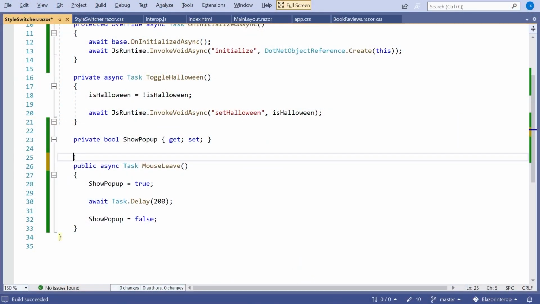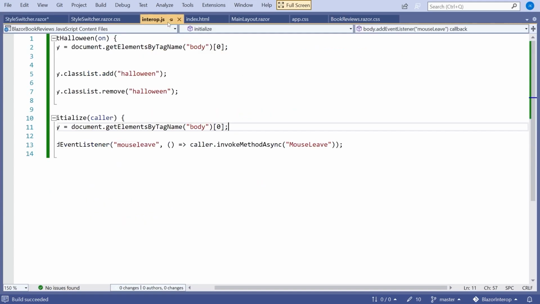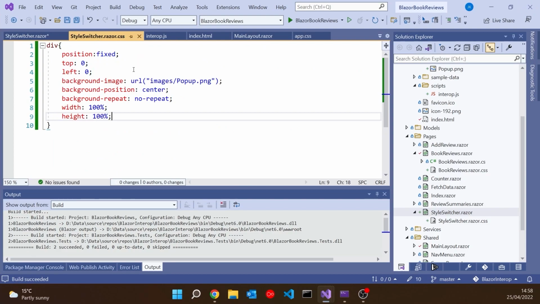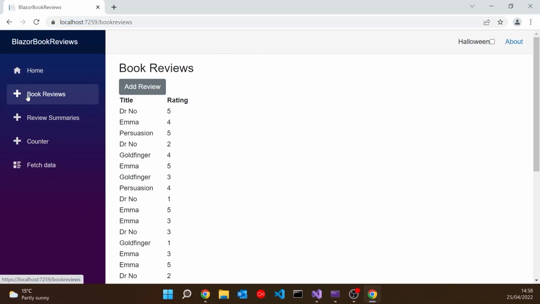And then one final thing we've got to do on this method so that this all works is we've got to add an attribute which is JSInvokable. And so that just tells the system that we can call that from the JavaScript as we have it there. So now if we run that up and we go to book reviews, as you can see, if we start moving out of there, it's not actually doing anything.